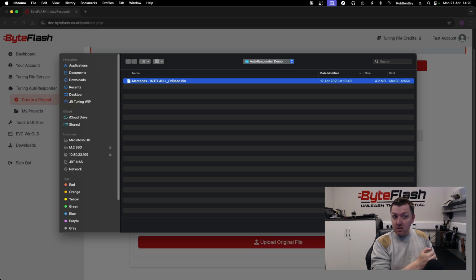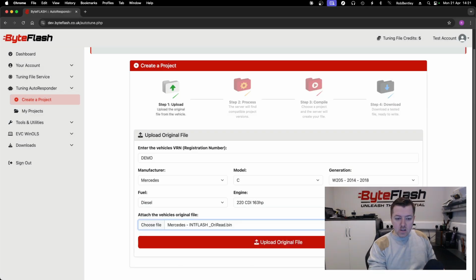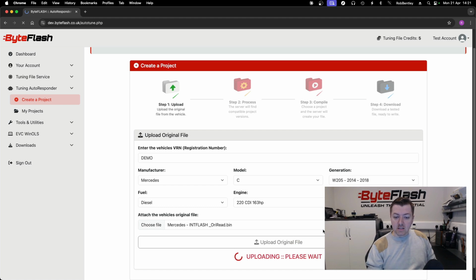like some CP11 Jaguar Land Rovers, you can't get it wrong, because if you upload a file that's not the maps, it's not going to find any projects for you anyway. So it's not like you can make a mistake. If you're unsure, upload one of the files that you've read from the vehicle, see if there's any matches. If there isn't, try the internal flash. If not, try the external, and so on and so forth. So we'll upload the internal flash, and then we'll click to upload, and we'll give it a couple of seconds to upload. Once that has uploaded, it's going to go through and look at the projects that